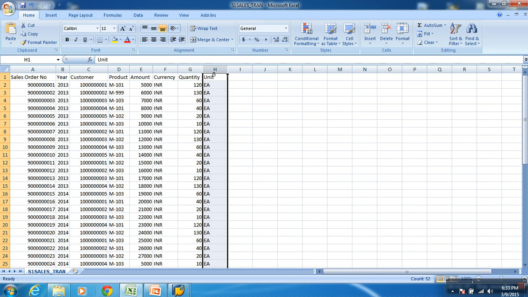Imagine a scenario where you got a file with 200 columns. Then how many infoobjects should I create? 200 infoobjects. BW 7.4 is saying don't create infoobjects. Use fields directly. It's faster, you're not wasting any time at all. Straight away you can use field-based modeling, which can be done in 7.4. You can have a mix-up, some fields, some infoobjects. That we can do also. We'll see that.